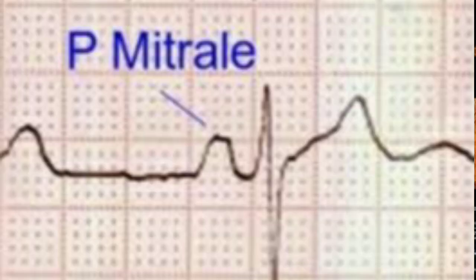And if there is mitral valve stenosis, the mitral valve separates the left atrium from the left ventricle, and there is enlargement of the left atrium, then this P wave in the lead 2 rhythm lead will become notched. It will have 2 notches. We call it the P mitral, because this is what happens with patients of mitral stenosis. So P mitral and P pulmonale from the ECG paper will diagnose the cases of atrial enlargement or hypertrophies.